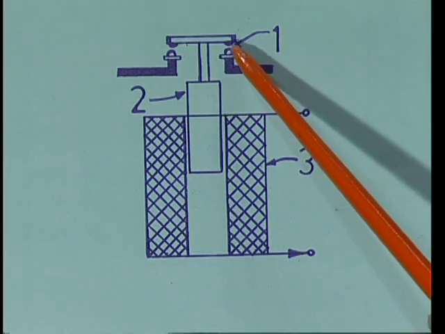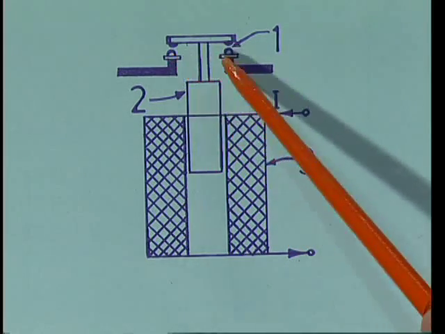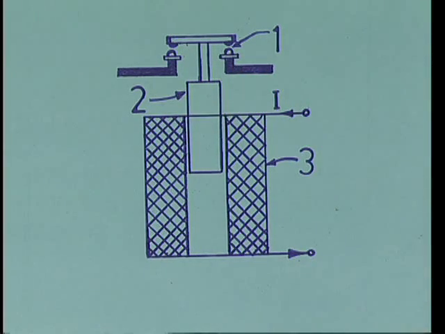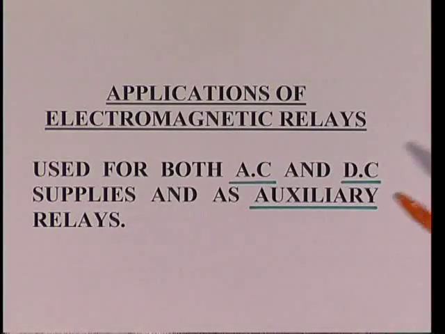So the top of the plunger's two contacts touch the two fixed contacts of the trip coil. Thereby the trip circuit is closed, and it opens the circuit breaker. Thereby the circuit breaker disconnects the faulty system from the healthy system. Likewise, electromagnetic relays are useful in protective relaying. Coming to the applications of electromagnetic relays: